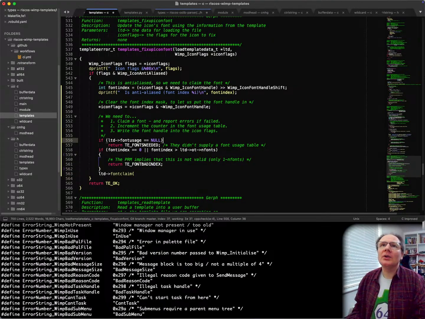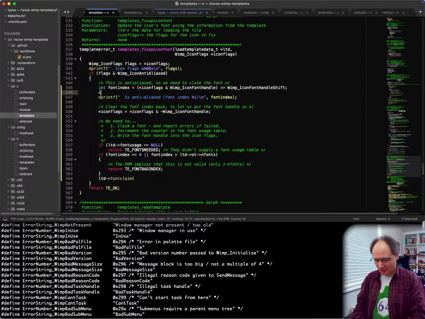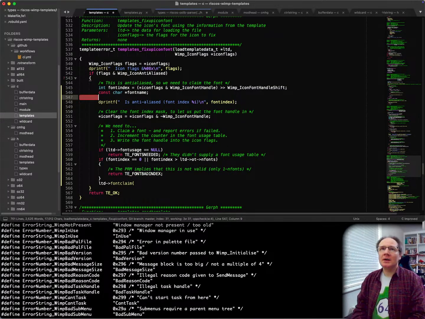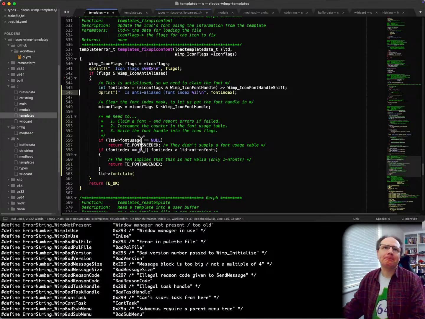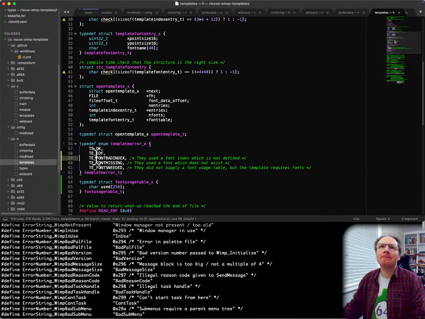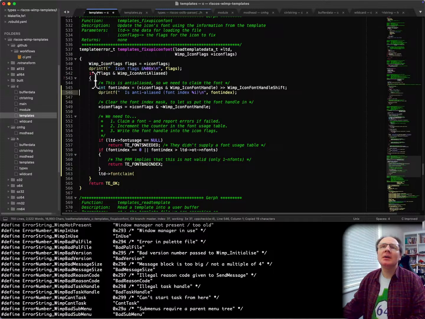So we want to find the font name. So let's get a font name. And then we want an X size and X size 0.16. Actually, can we just get a pointer to the block? That would be easier. There's the font block, a template font entry. Here we go. So if we do that instead,